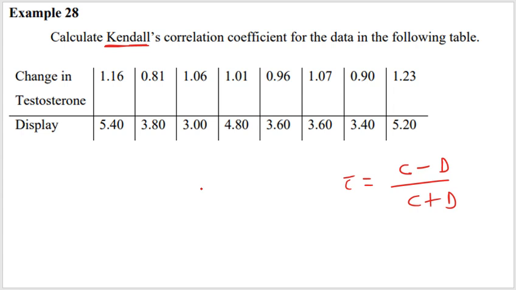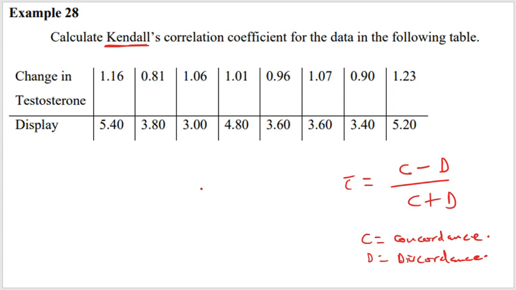The C here represents concordance, and the D is the discordance. Concordance simply means agreement. Then discordance means there is a disagreement. Now, for example,